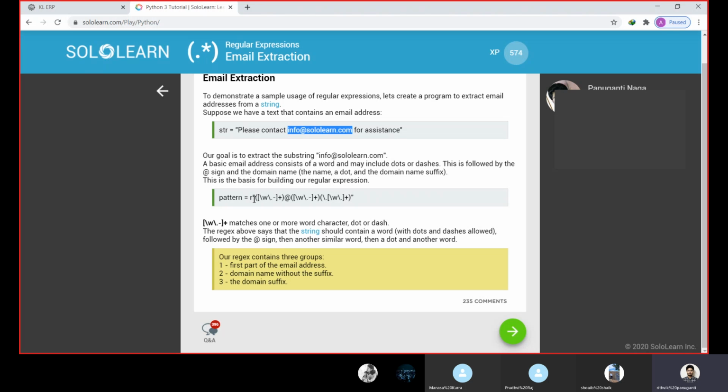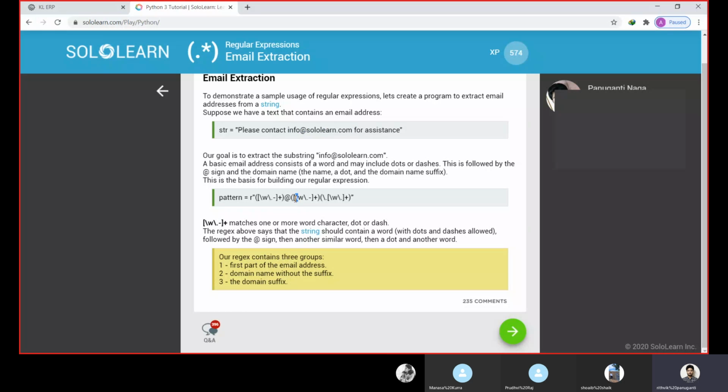So pattern is equal to this expression: backslash W, backslash dot, and hyphen, in square brackets, plus. We have discussed what plus means: one or more repetitions of the previous thing. After the at sign, we check from backslash W, backslash dot, hyphen, plus, and it is the same syntax.